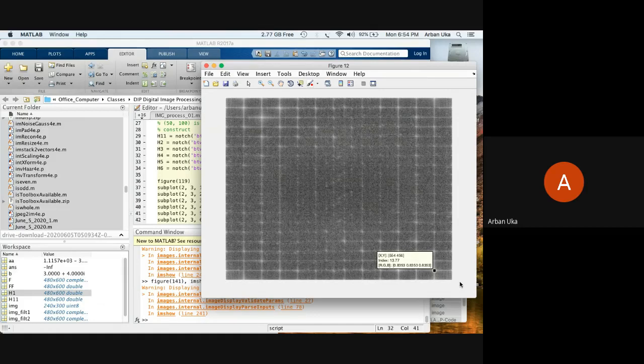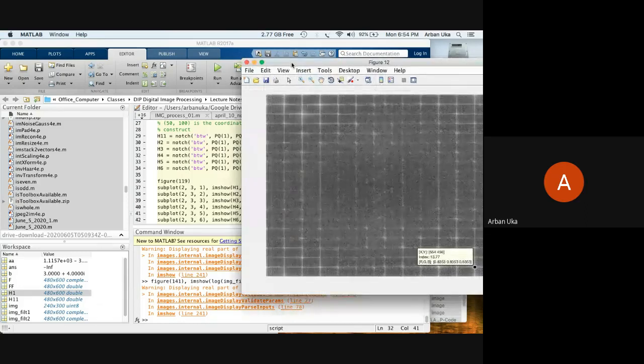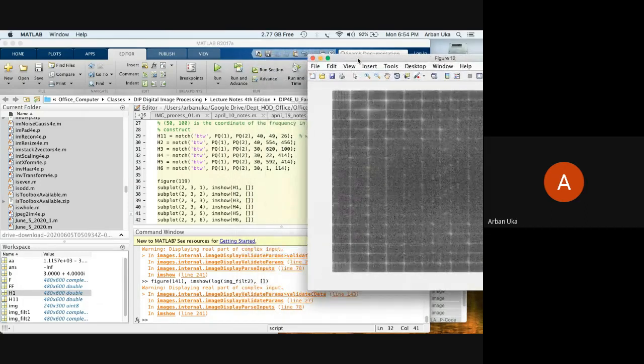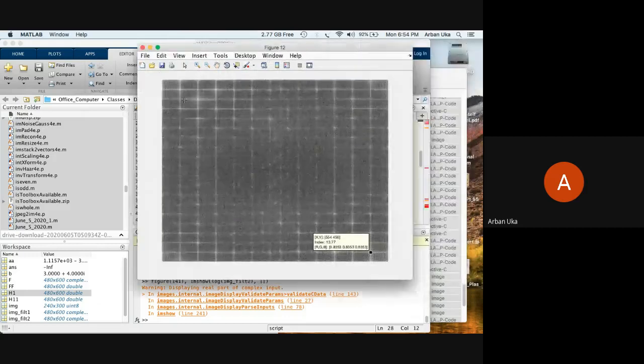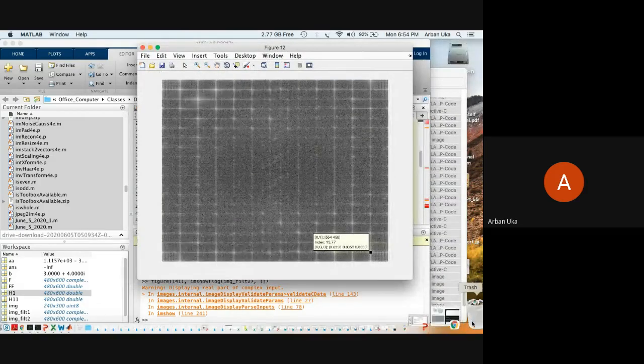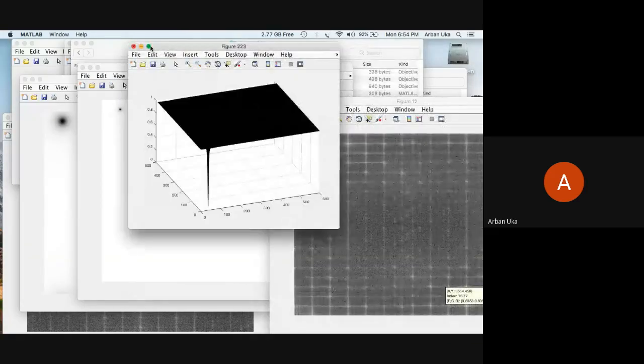So this looks like 554. Let's see, probably I have these numbers here. 554, 456, 456. Yes, that's true. So apparently H1 and H2 correspond. So in order to clearly wipe out completely a frequency, we have to generate two notch filters, which are going to select, let's say, and wipe out this one and this one down here, which on the other,